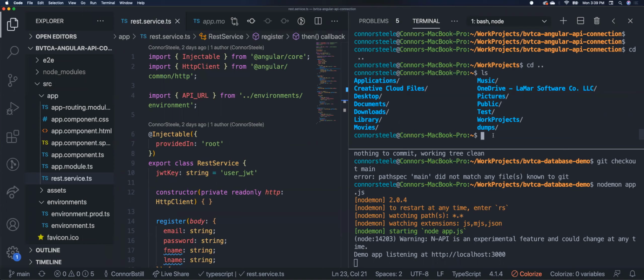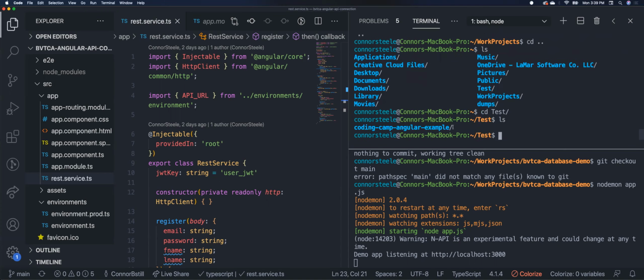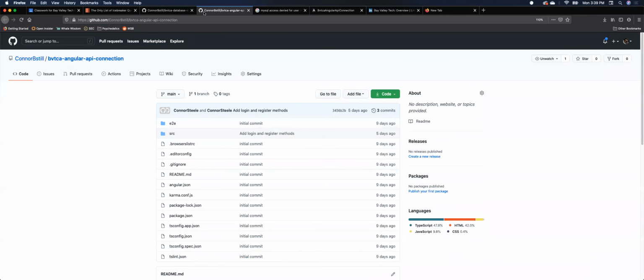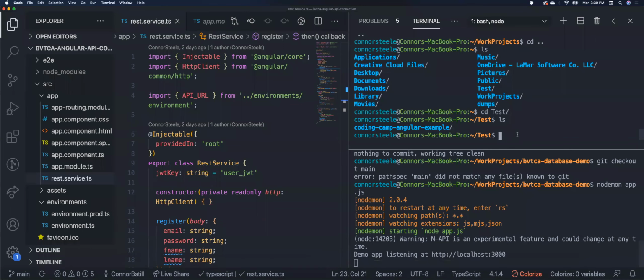You should have a directory or a folder that you keep all your projects in, for this course and personal projects. So I'm going to cd to test, and all I have in there is one repo. But we're just cloning those two repositories into whatever directory you've been using for all your projects. So these are the two repos, right? To clone, you go to this code dropdown and click this little clipboard button to copy the URL. Copy that, and then back to your terminal,